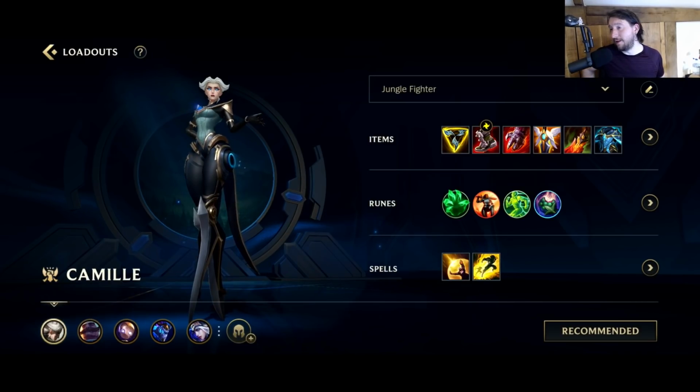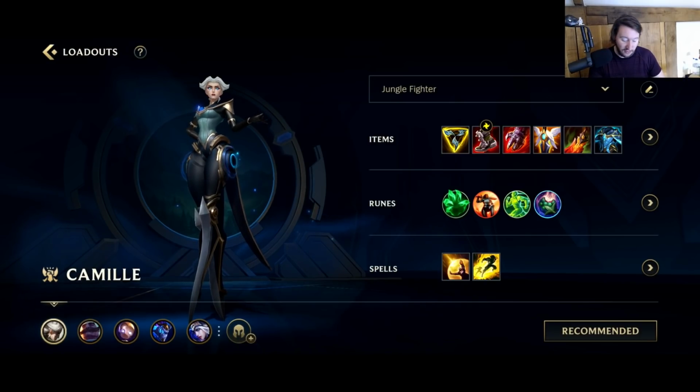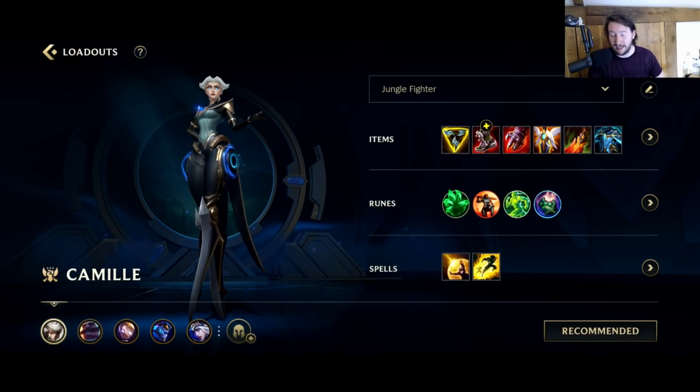All right, Camille. This is Darkbreaker's Camille build. You guys will know him from YouTube. A very, very skilled player. One of the guys that I look to learn about Fiora and Camille and other really strong top lane picks in general. Triforce into Sterak's Gauge, GA, Death Stance, and then goes for...